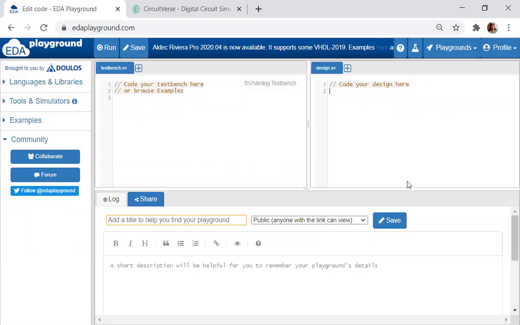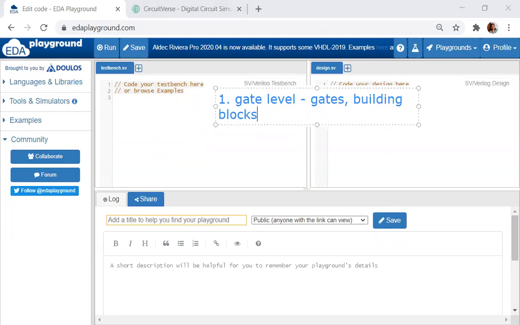Let us go with the gate level model because we have the logic diagram. So let me write it. First is the gate level model. If you take gate level model, we have to write it using gates or instantiate using building blocks. Second one is the data flow model. The best way to write a data flow model is using assignment statements. So we'll be using Boolean expressions. That is why we have to simplify using K-map and get the Boolean expressions.